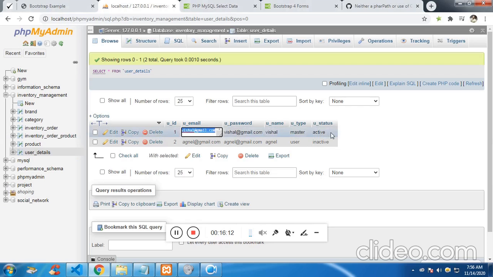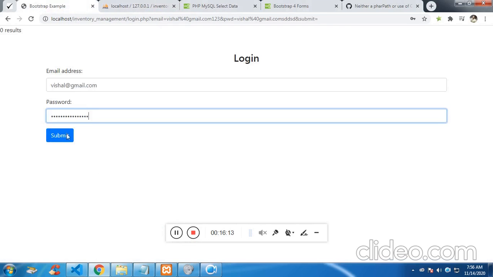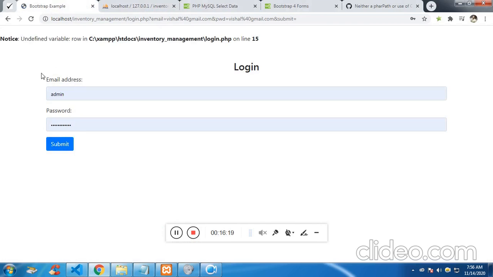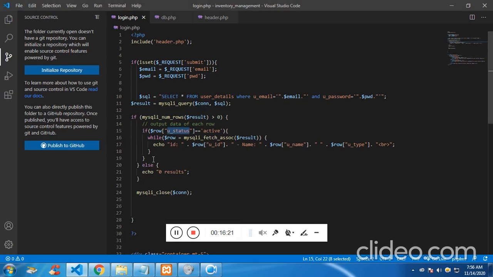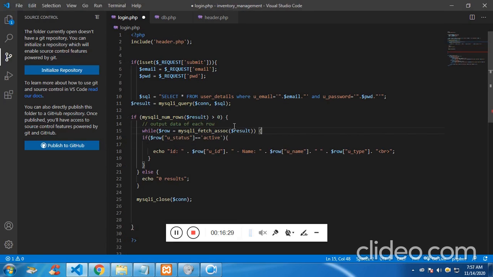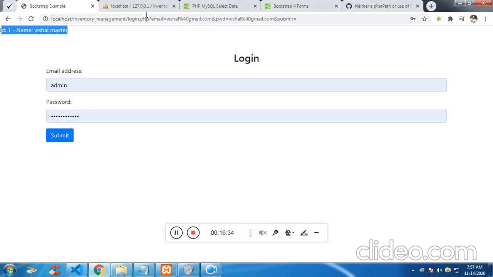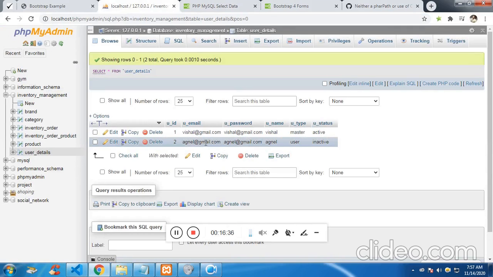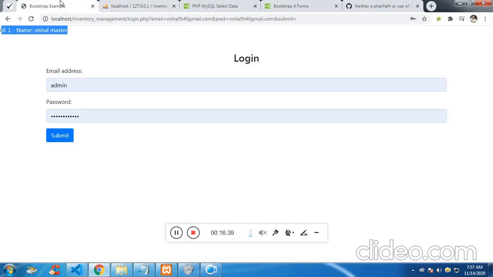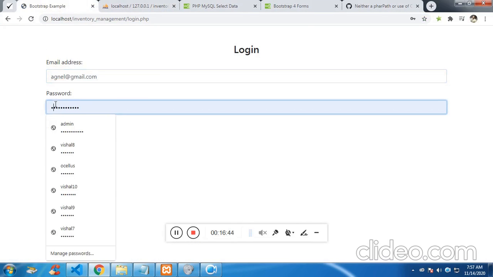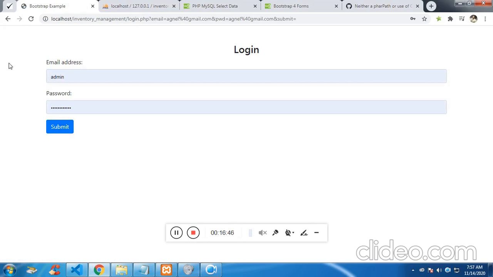If the user status is active, then display vishal@gmail.com, vishal@gmail.com, submit. On line number 15, actually the row is over here. Now let's check. It is displaying. Now if I type the wrong, not the wrong one, but the status is inactive, let me get into the login.php file, click on submit, and you are getting